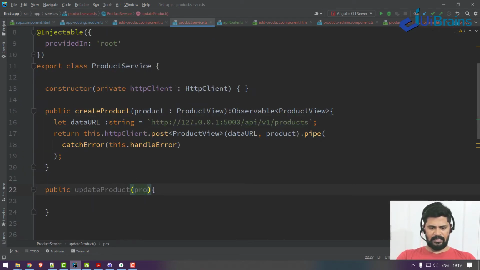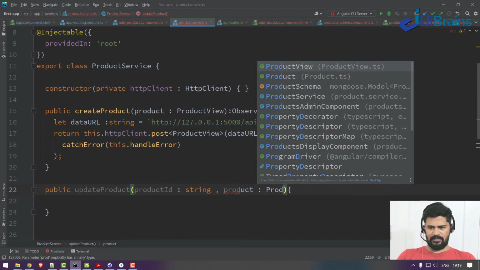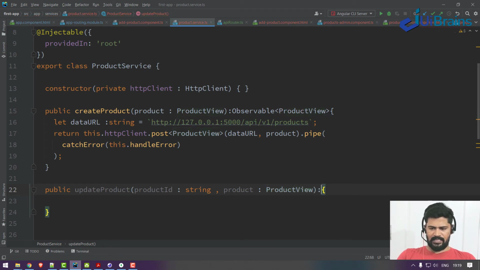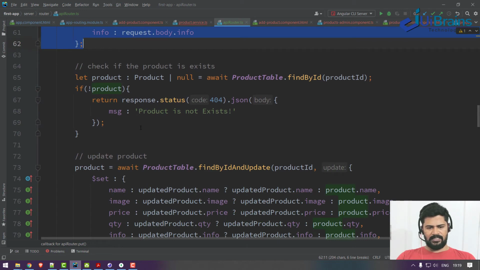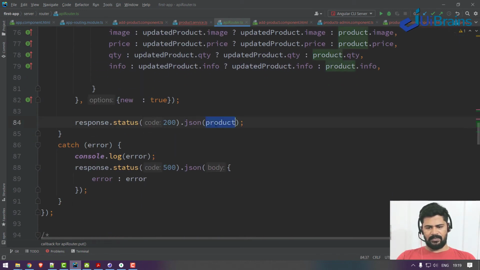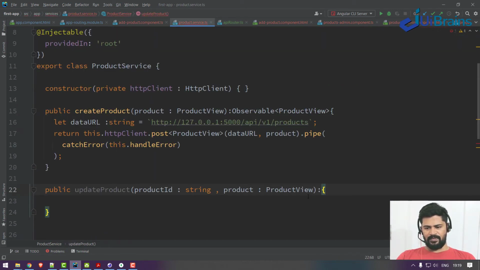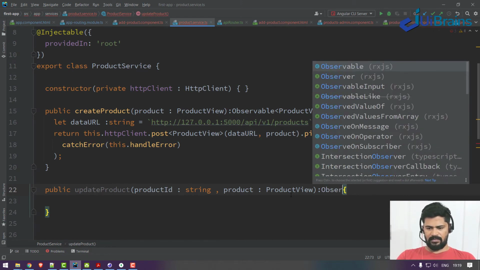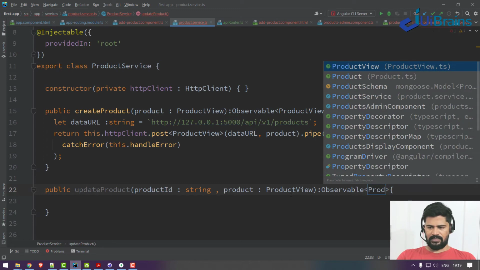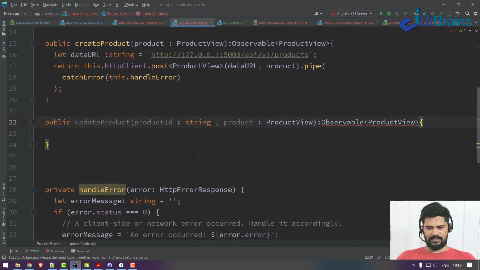So let's say the productID of type string and also the product of type ProductView, and this returns, again, what does it return from the service? It returns back a product object, so it will return an observable of ProductView object.